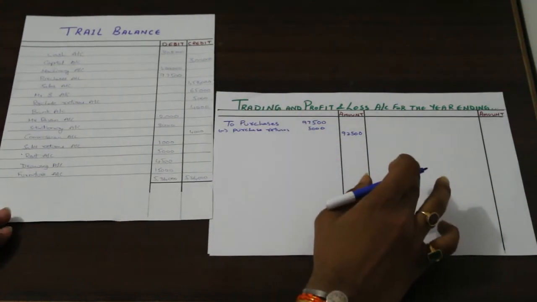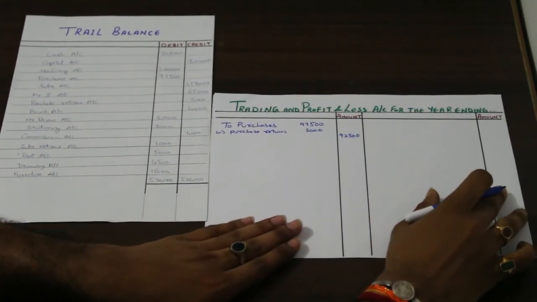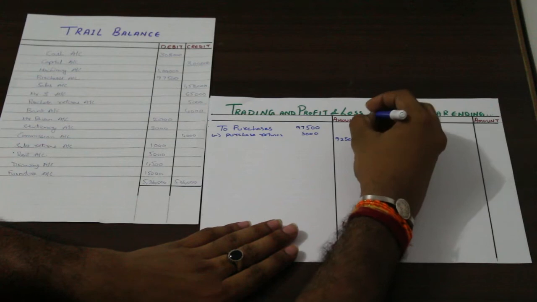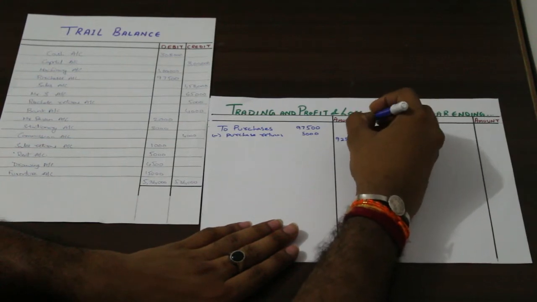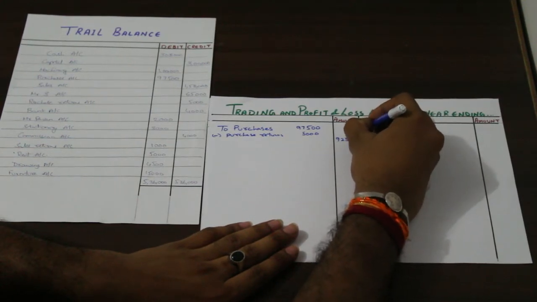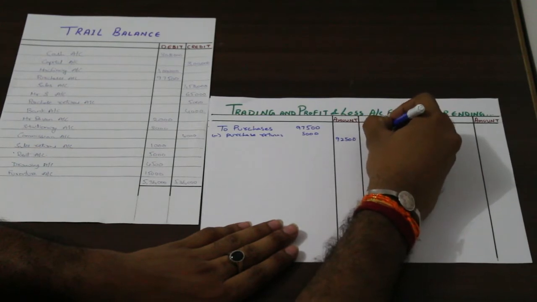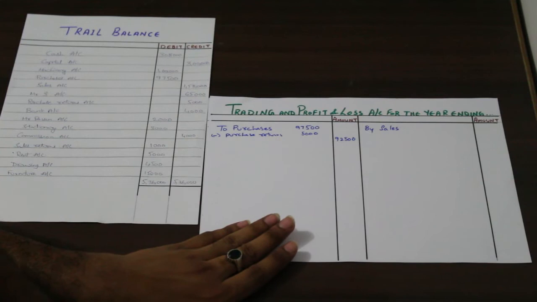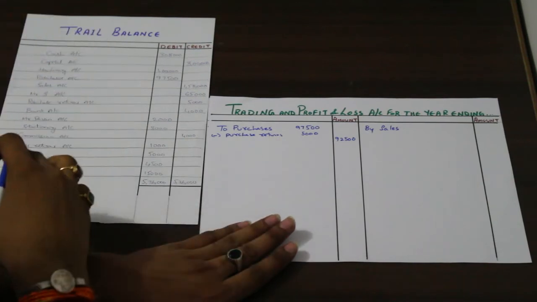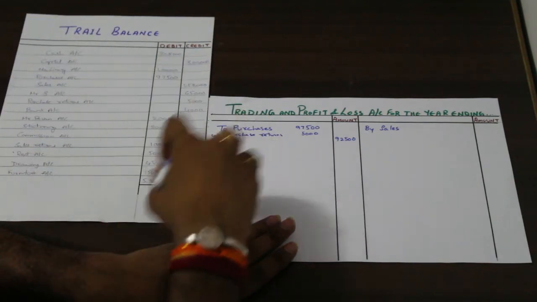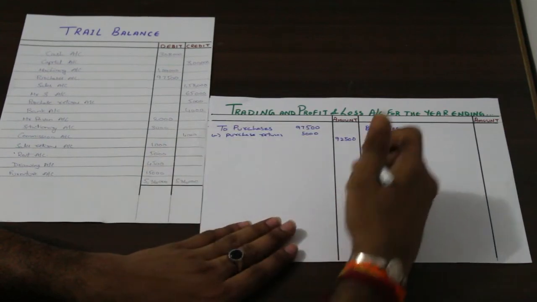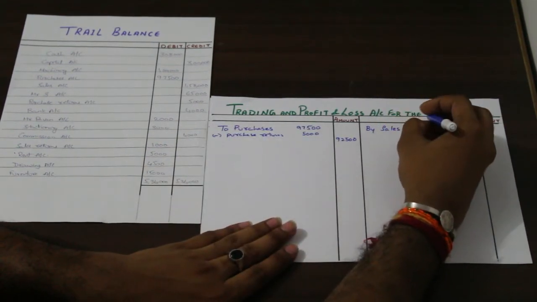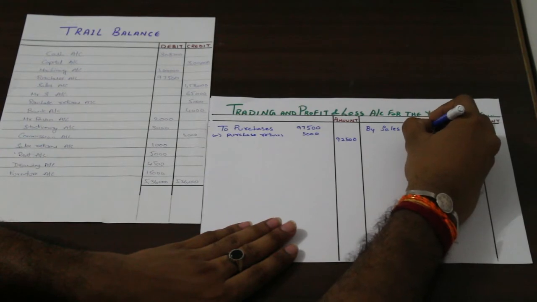No. Now we'll move on to the credit side where money has come in with the sales. So on the credit side write by sales, and the same as we have done for the purchases, just look out for any sales returns here. Yes, rupees 1,000 was returned. So by sales we have earned